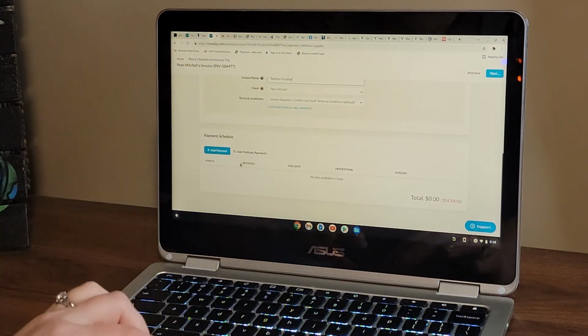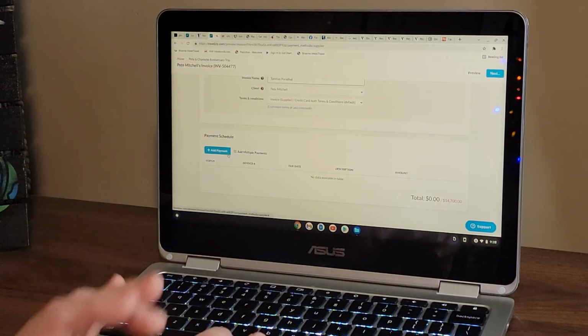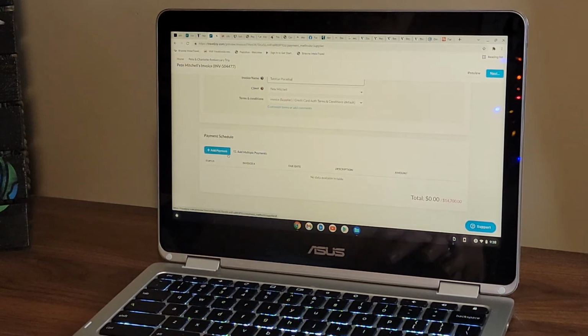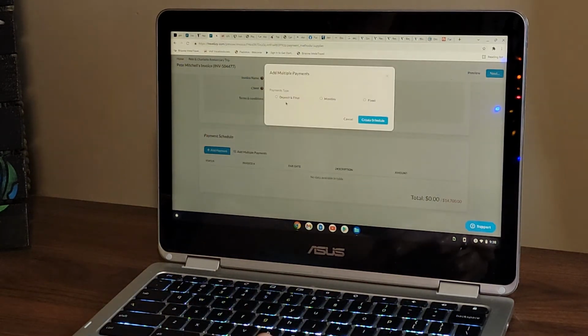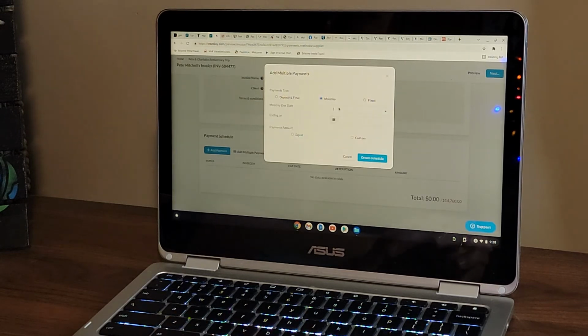Clients. And then, okay, so now you've got a couple of different options for payment schedule. So let's say that Pete Mitchell wants to go ahead and do multiple payments, and we'll say the final payment is due in August. So they've got 8 months. So what we're going to do is we are going to do monthly deposits and